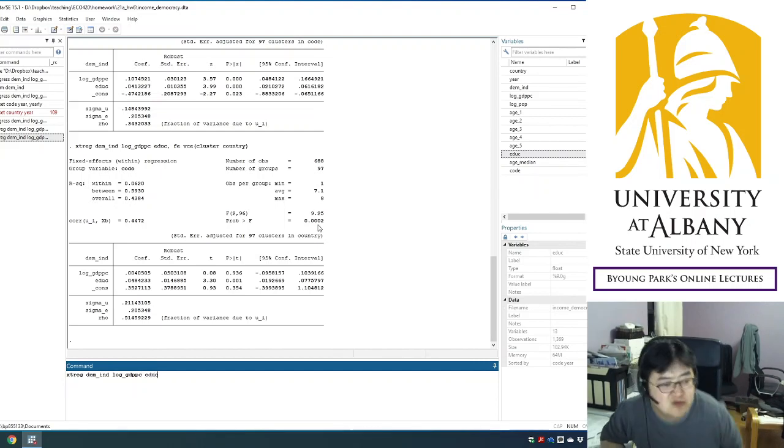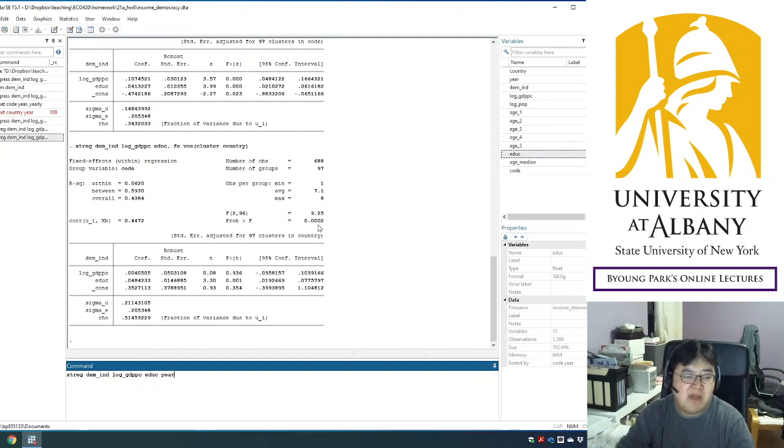Remember, the idea is to include the dummy variables for the year variable. So maybe you may want to include year in the regression equation, but it is not